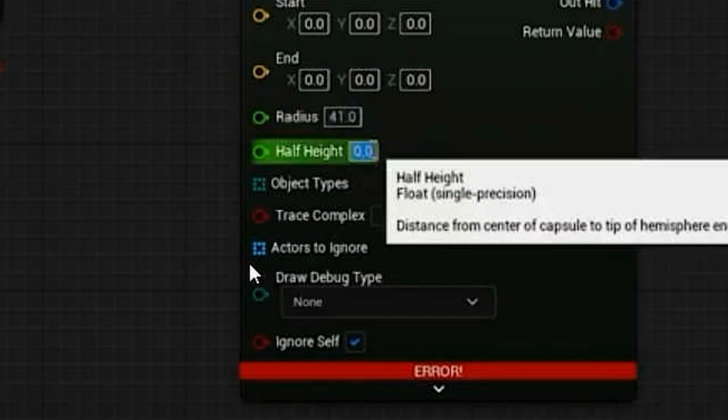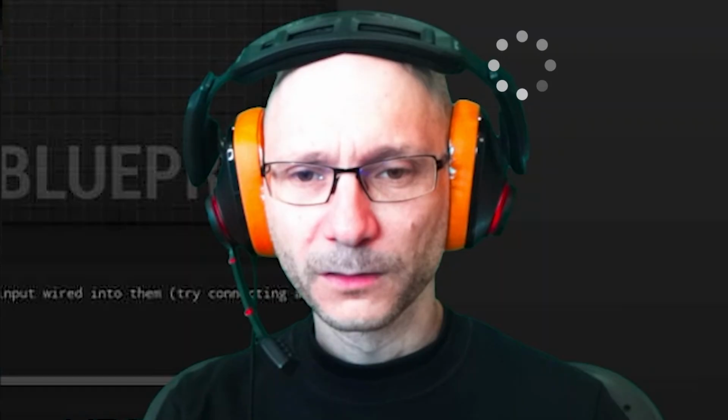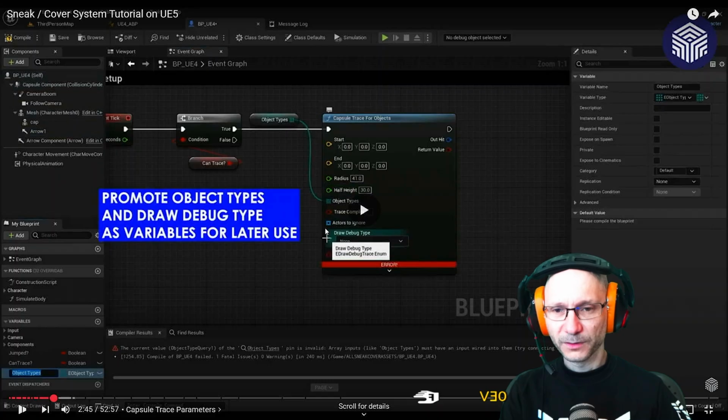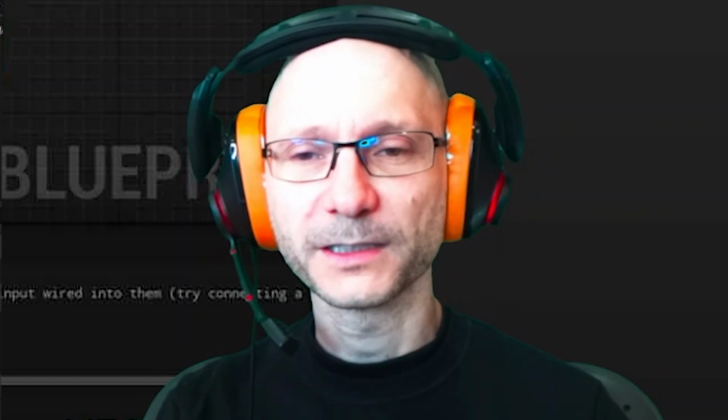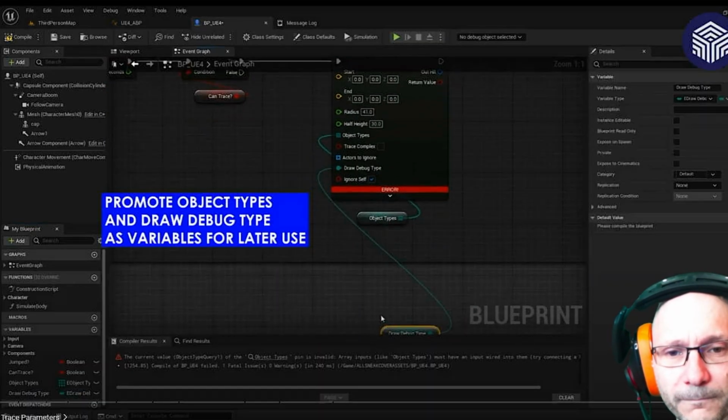And here the half height is 30. Okay, object type promoted. You can promote all this, and the draw debug type. Oh, it says in the notes, yeah. Okay, let's promote this one as well. You can promote object types and drag the debug type to a variable. You put them down.